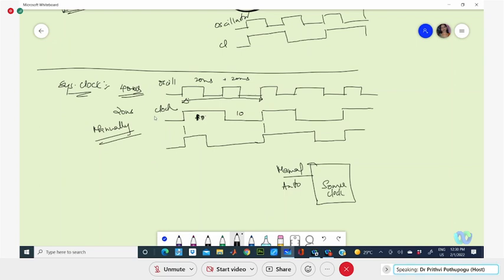Auto mode depends on the oscillatory function. Manual mode is based on the button operation, and we will be fixing this manual mode. This generates what is called the clock signal, which we give to any circuit. So here, if you see something like this,